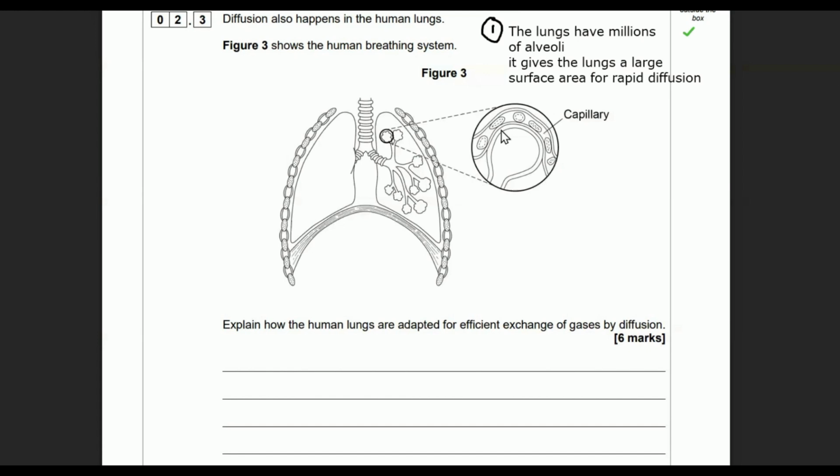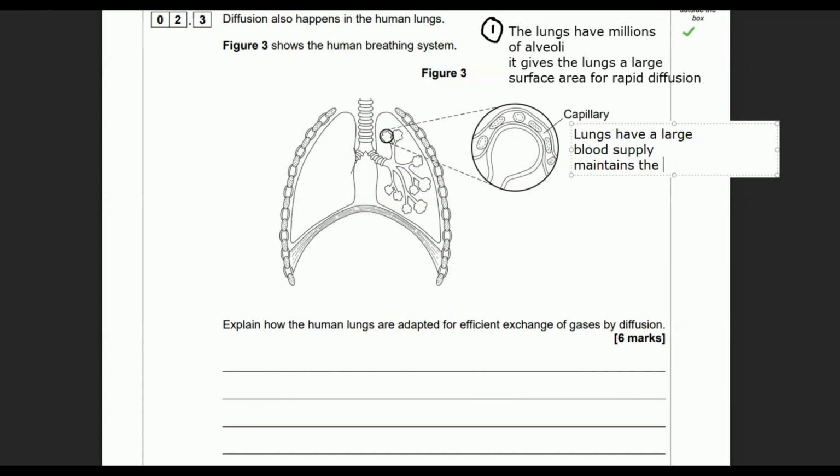Now, next thing, what can we say about these blood capillaries? Remember I said that there's one around each alveolus. So we'd say the lungs have a good blood supply, or each alveolus has a capillary. Lungs have, you could say, a large blood supply, or extensive is even better, but I think they'll allow you to just say has a good blood supply. Lungs have a large blood supply. And how does that help? Well, that